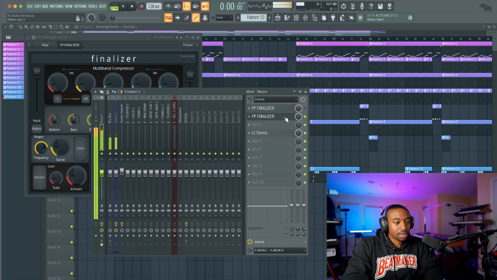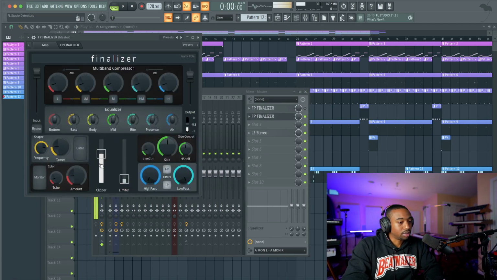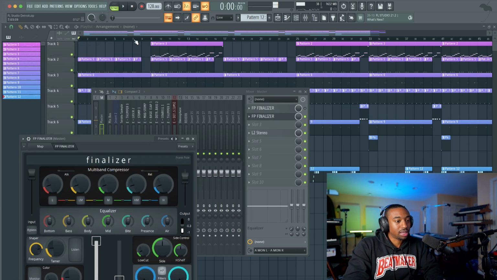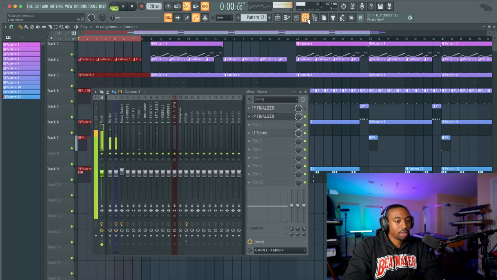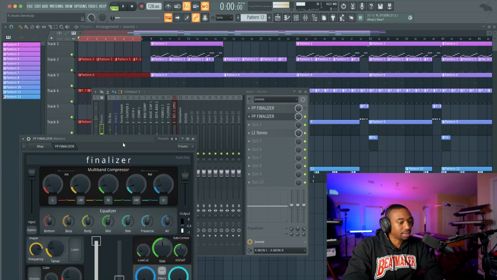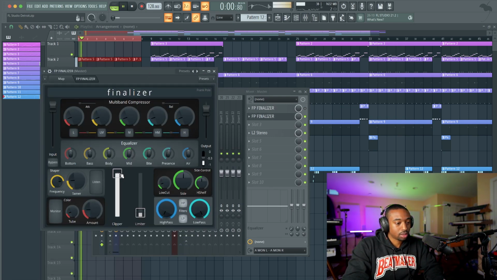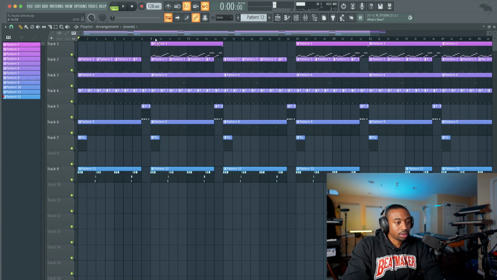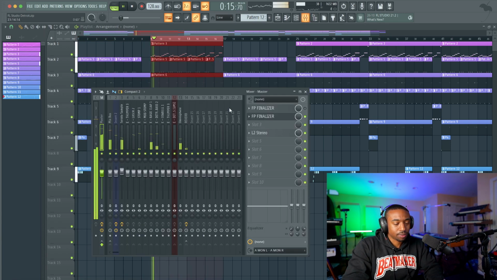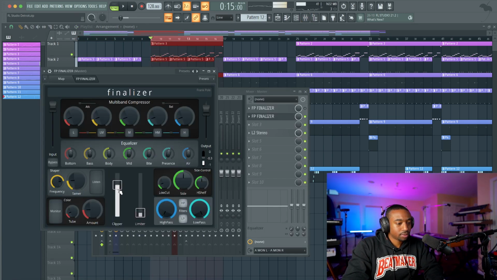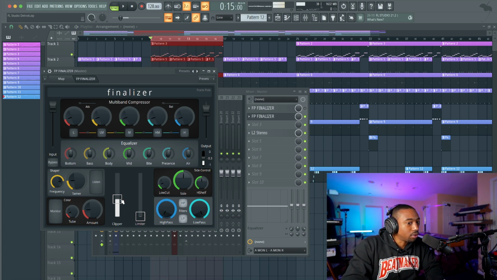So the first step is going back to your clipper, and we're going to lower this until we start to hear it. So let's hear the beat. Let's loop it. And you'll hear when the clipping happens. It sounds like the top's being shaved off. Let's go to a more active section here. So listen for just the top of the audio sounding like it's being turned off. Okay, you can hear that crunch. You can even hear it in my vocal. I sound like it's crunchy.